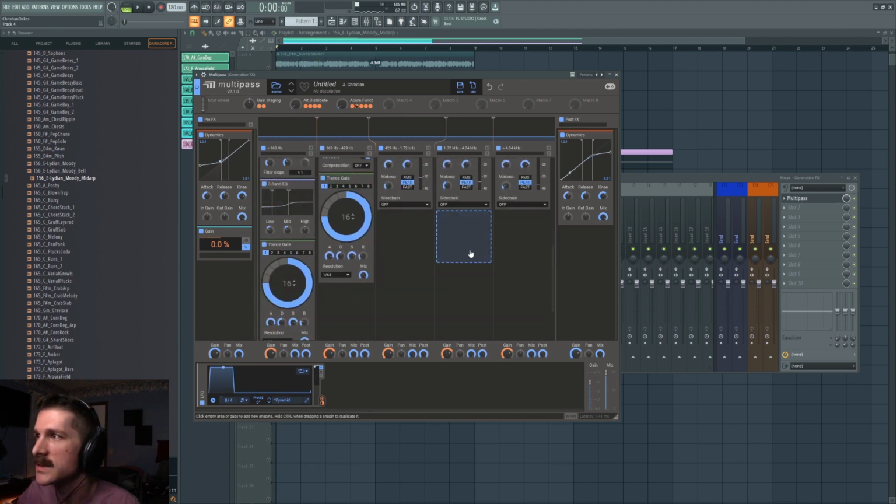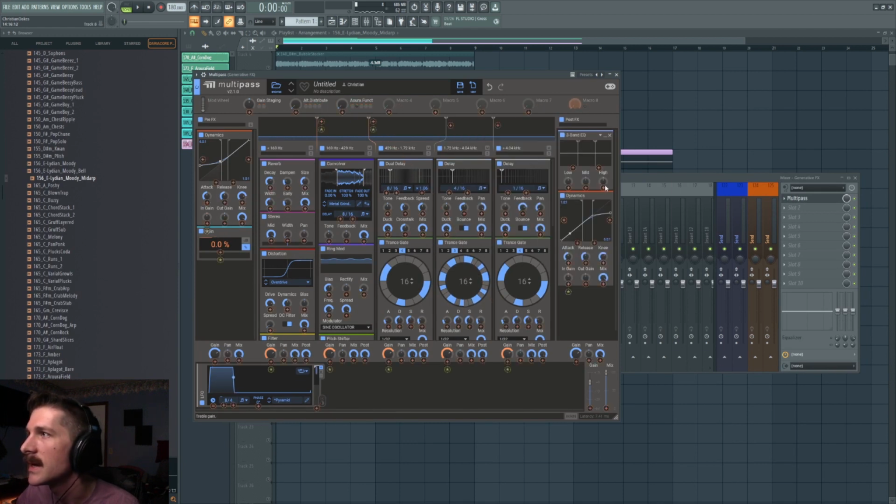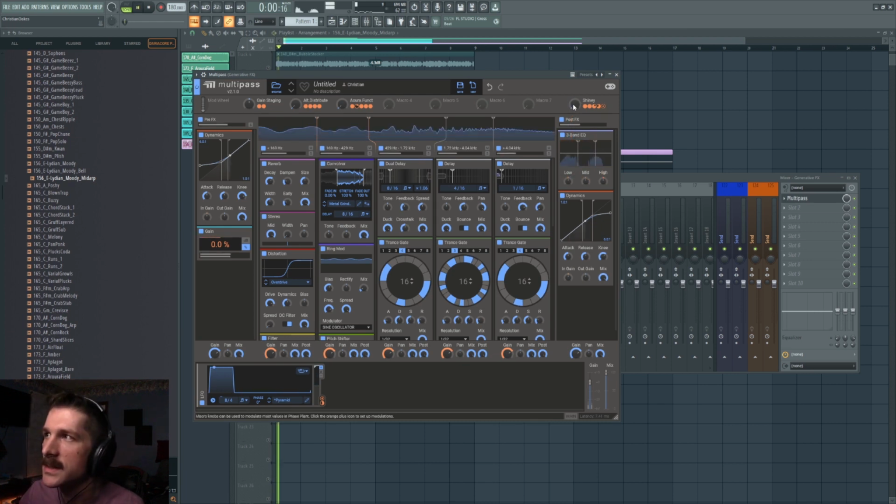Okay, so to finish this one out, because it's pretty close to done, let's add a thing that I think is really useful to have on a lot of these things, which is a tilt EQ to the end. So we'll call this brightener. And this is just a cool trick where you turn this here, and so the old shiny knob. What this does is anytime you feel like your sound needs a little bit more brightness, I'm going to smooth these out a little bit. Yeah, I want it to be just a tilt shelf all the way. So what this does now is